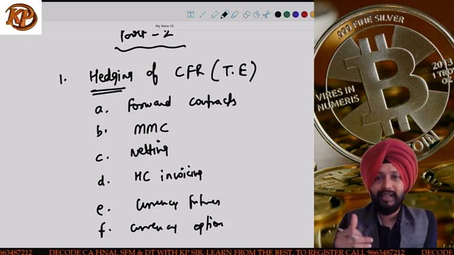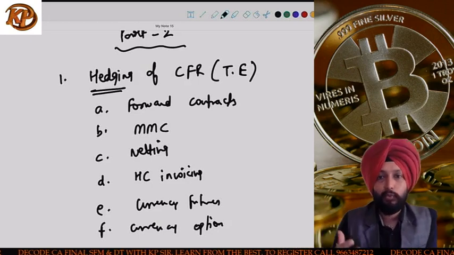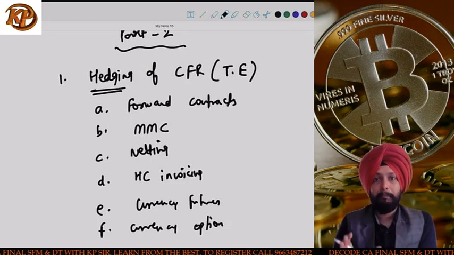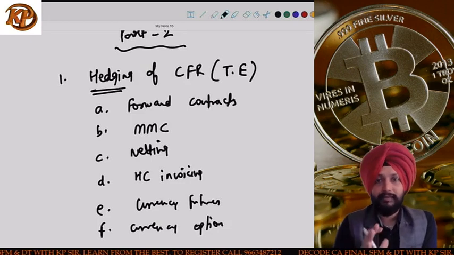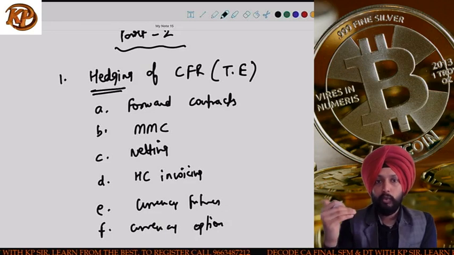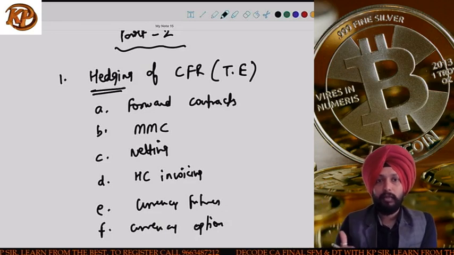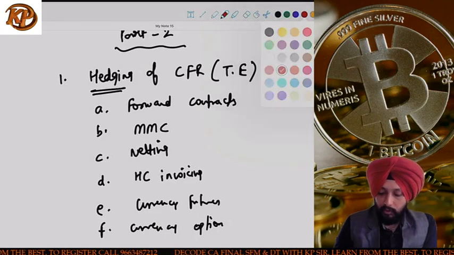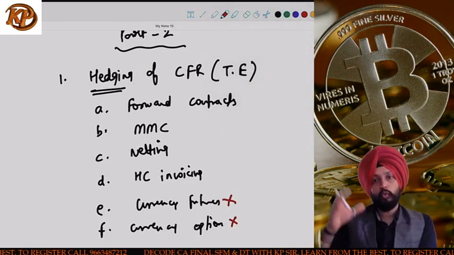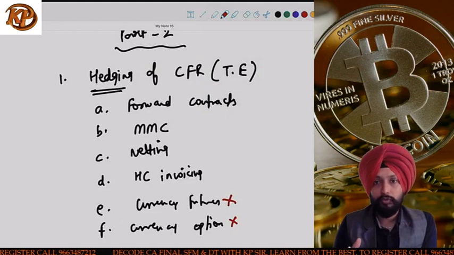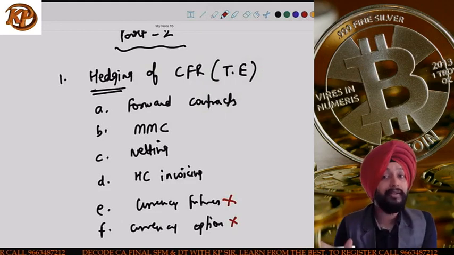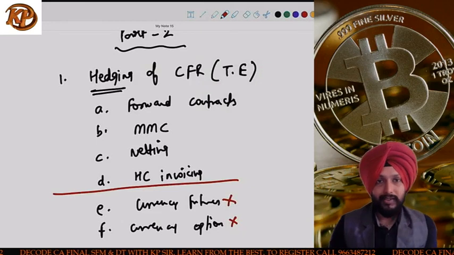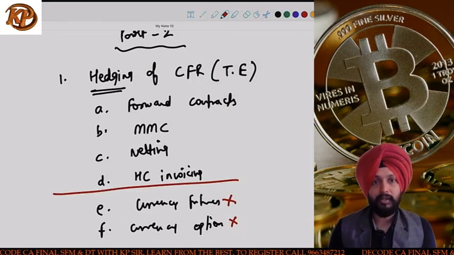Small strategies like leading and lagging, centralized versus decentralized cash management, I'm not talking about that. I'm talking about the main strategies for which practicals can come in exam. Forward cover, money market cover, netting, home currency invoicing, currency futures, currency options. These 2 obviously I can't discuss right now because they relate to derivatives. Till the time I don't teach you futures options, I can't do them. So we did it in derivatives, if you remember. So the main focus was for these 4 strategies, starting with forward cover, then money market cover, then netting, and